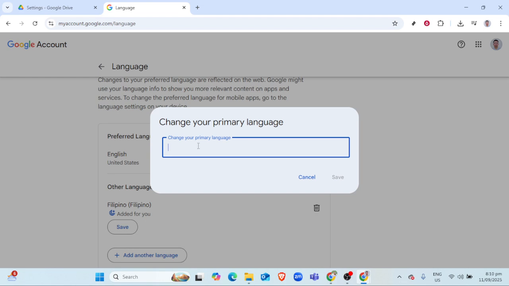Upon selecting Language, you'll see a drop-down list of available languages. Scroll through this list until you find the language you wish to use. With Google supporting a wide array of languages, you're bound